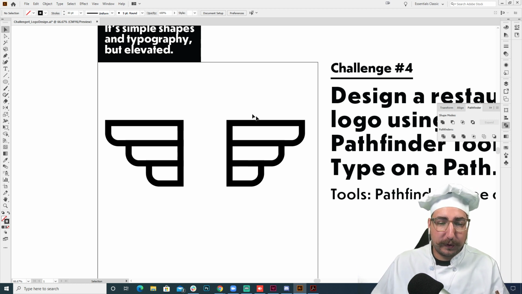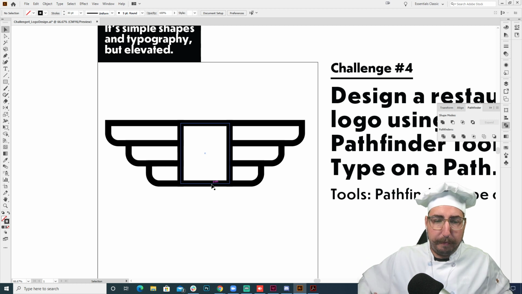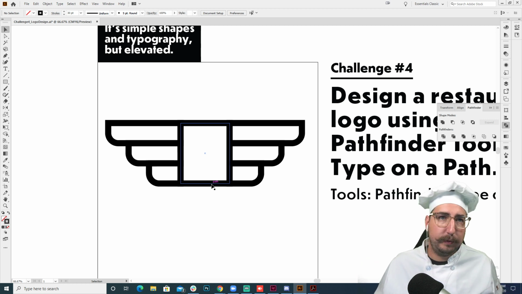All right, so we've created our wings, and now I want to create the body. And when we think about the body of a hawk, I usually think about it as kind of a rectangle, right? Maybe a rounded rectangle. So what I'm going to do is I'm just going to grab a rectangle here using M or the rectangle tool, and I'm going to bring it out here. There we go. Now we've got a little bit of a body. It's a little wonky body, but we'll take it.